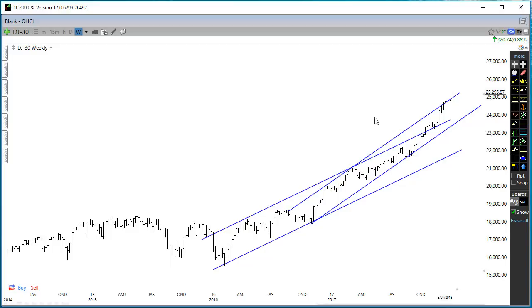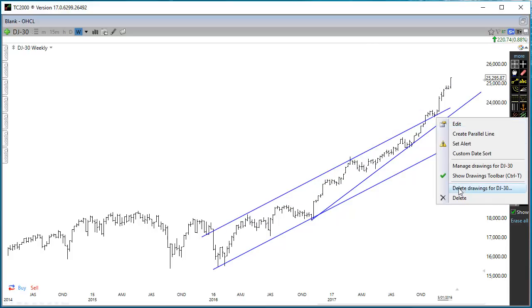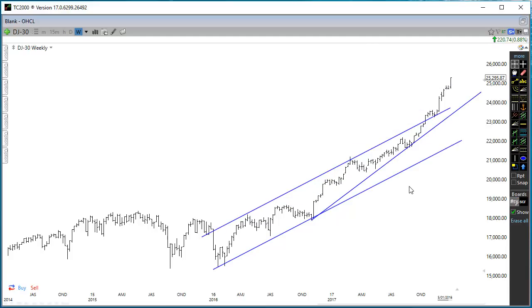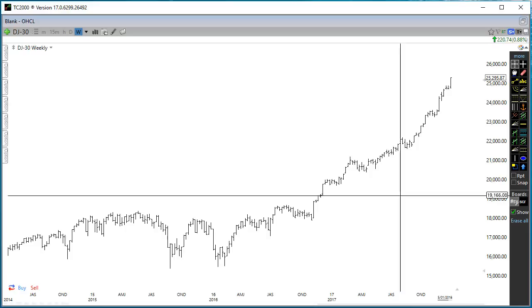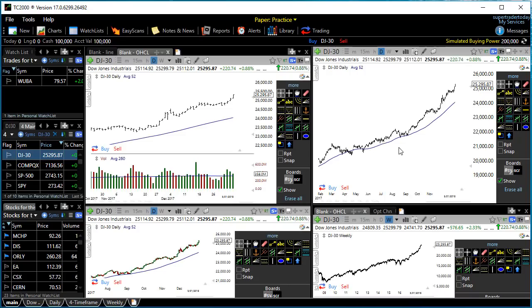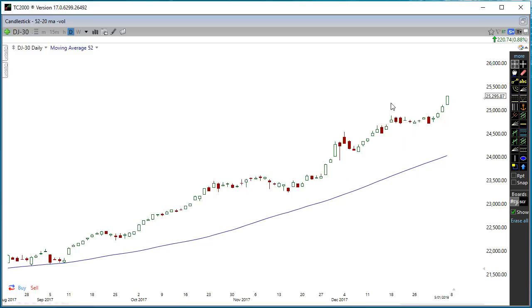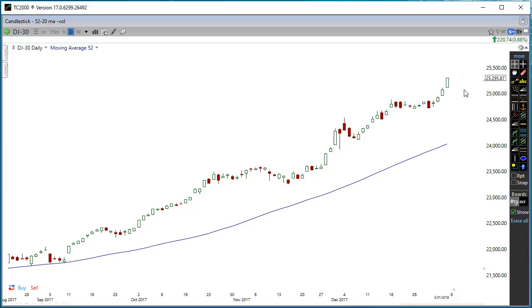Now, what's going on with the Dow Jones? Obviously the Dow Jones is continuing to push higher and higher, and this has just gone berserk right now, hasn't it? As you can see, this thing has gone completely vertical. This cannot continue, but no one really knows when it is going to end. This is the daily chart as well, continuing up, so this is very strong. Do not be short in this market right now,